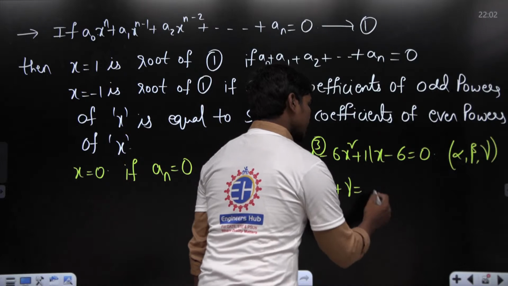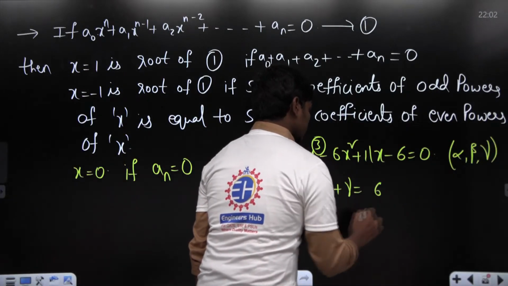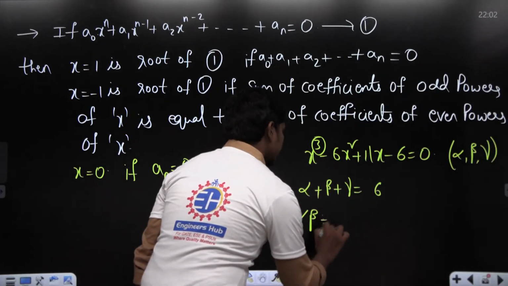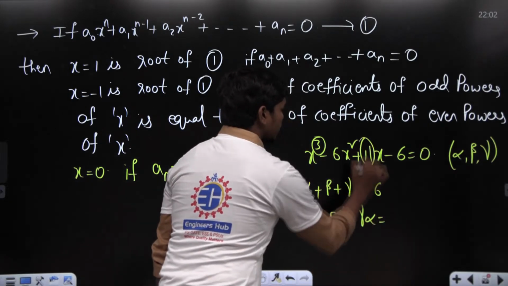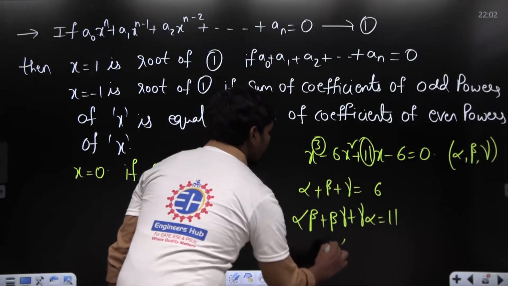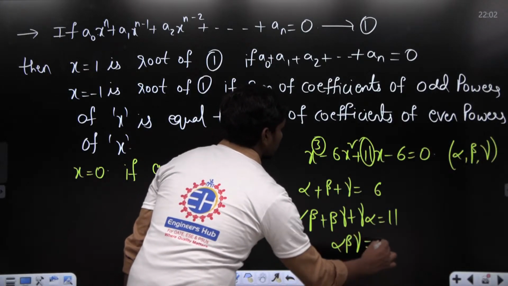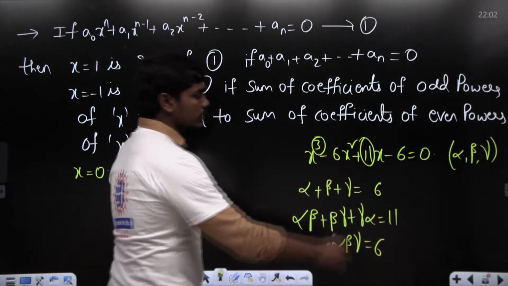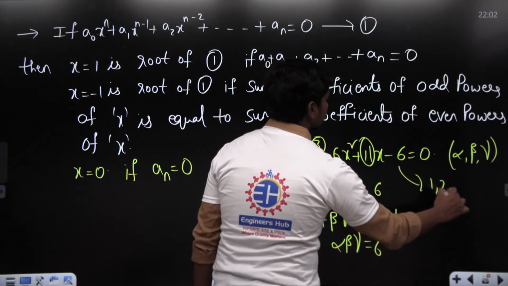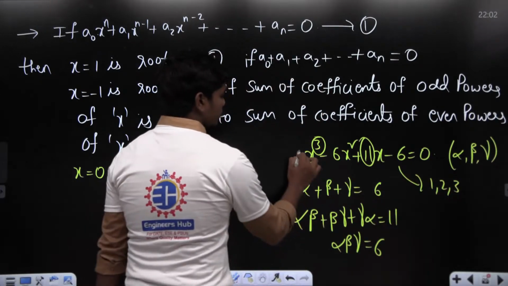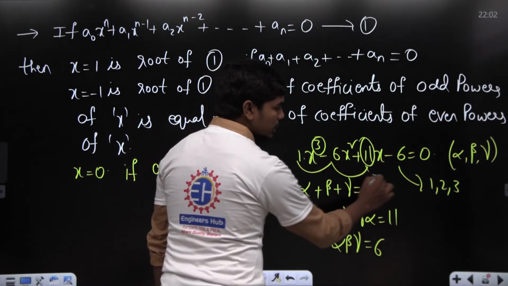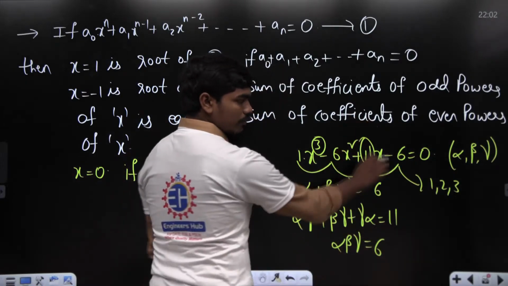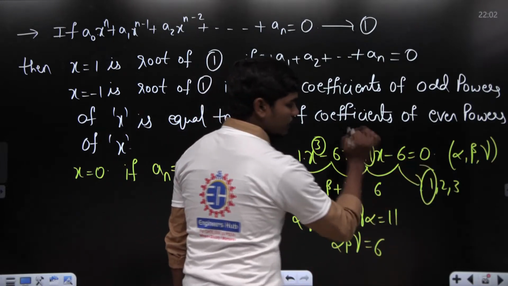Basically, 6. Alpha beta plus beta gamma plus gamma alpha will be equal to this third coefficient divided by, 11. Similarly, alpha beta gamma will be equal to 6. And if you solve these equations, you'll be getting 1, 2, 3 as roots. Because if you see here, 1 minus 6 minus 5 plus 11, 6, 6 minus 6, 0. So the sum of the coefficients is 0 and x is equal to 1 will be definitely